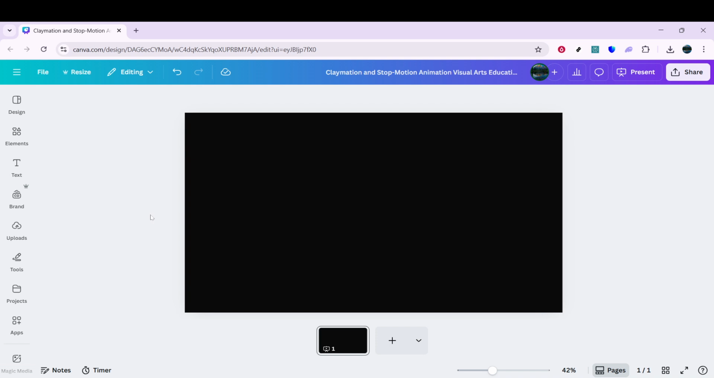Click Create a design and choose the canvas size that fits your project. For example, select a square for social posts, a vertical size for stories, or a standard video size if you're making a wider format. If you're unsure, a common choice like 1080 by 1080 pixels works well and keeps text